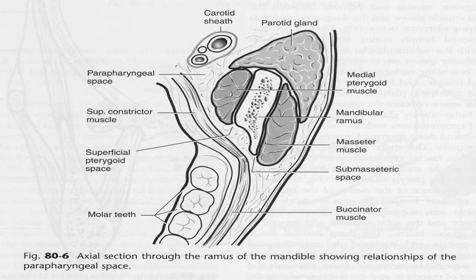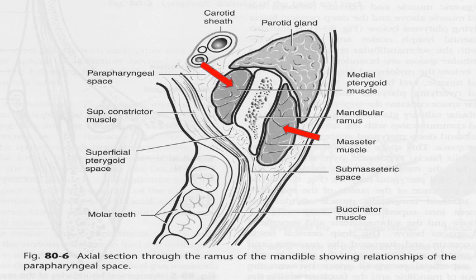And now let's take a brief tour to show a diagrammatic presentation of these muscles. The first red arrow points to the masseter muscle, and the second one points to the medial pterygoid muscle. These two muscles are on either side of the mandibular ramus, and they form what is called the pterygomasseteric sling. And along with the mandibular ramus, they form the submasseteric space in between the masseter muscle and the lateral wall of the ramus.